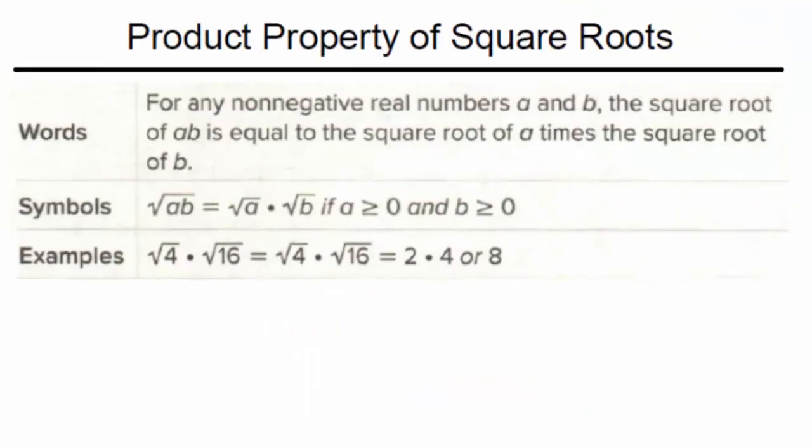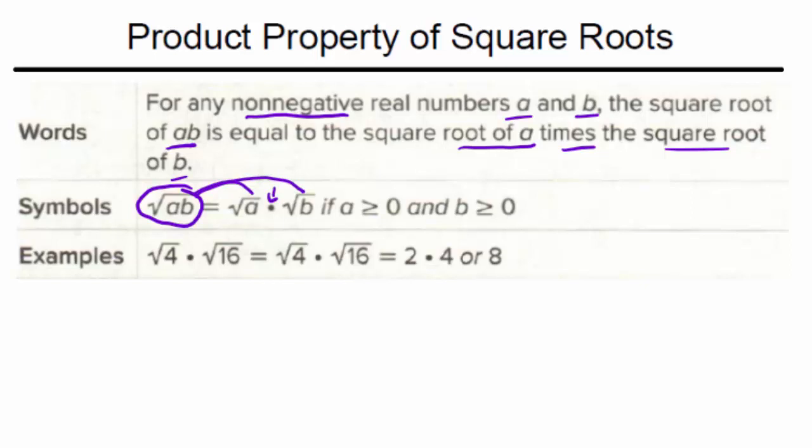First rule here is the product property of square roots. So for any non-negative real numbers a and b, the square root of a times b is the same thing as the square root of a times the square root of b. So right here we have the square root of a times b. That means we can break that out into the square root of a times the square root of b